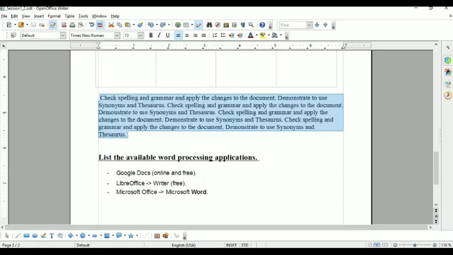You know very well how you will select the text, with the help of the mouse or with the help of the keyboard. Suppose you want to select your text with the help of the keyboard: place the cursor where you want to start selecting, then press the Shift key and use the right arrow key to select your text, like this. Is it clear?